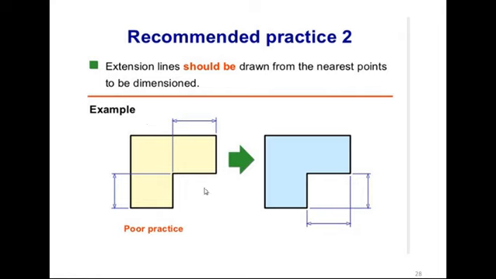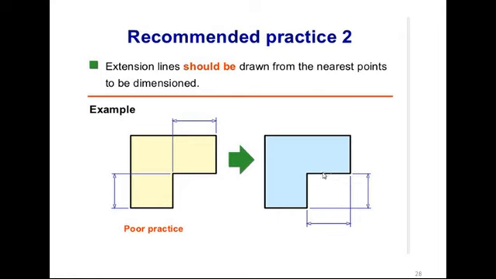If you are following like this, it is very difficult for anyone to understand for which line you want to show the dimension, because sometimes this also comes here, so anyone can be misguided. Here also this comes here. So whatever lines you want to dimension, the extension lines must be nearer to them. Otherwise someone may use this line's dimension as this one, or as that one. It is misleading, so don't use it like this. So here we have provided it properly.